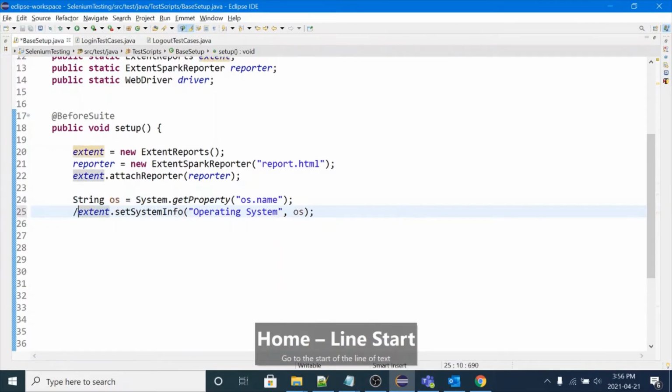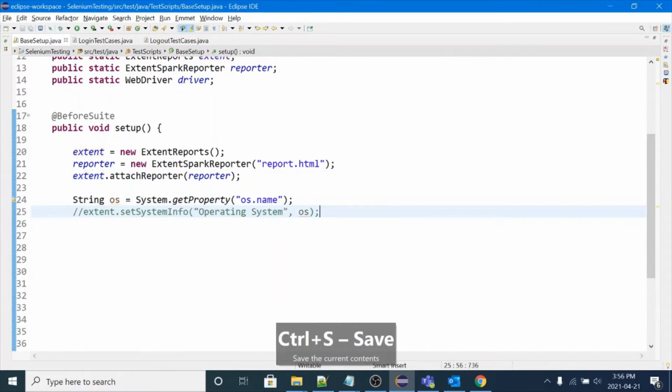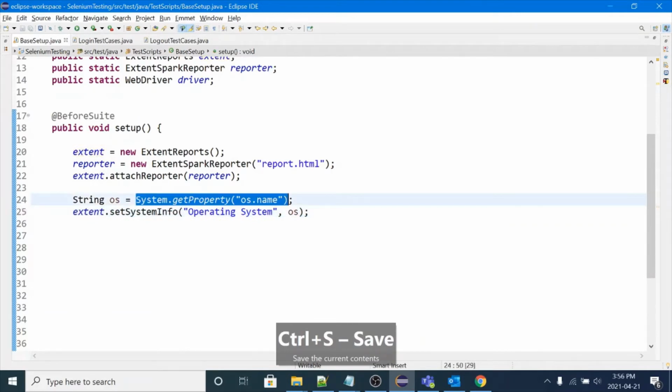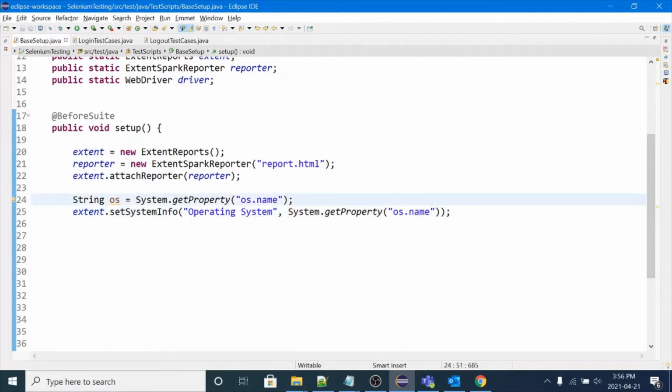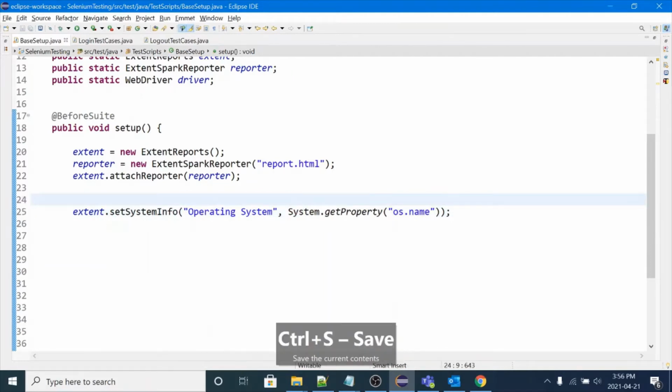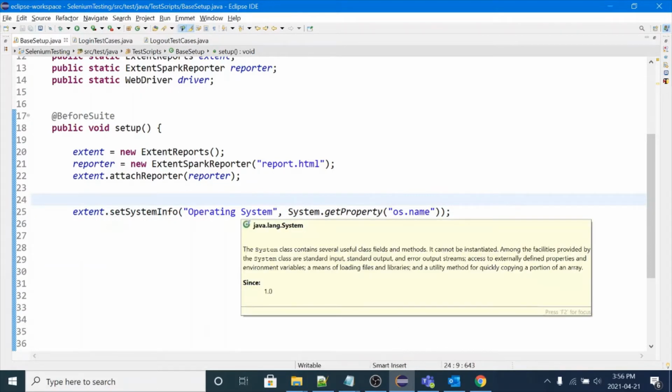Or you can directly write this whole statement in this second value. Okay, both ways you can write the code. Now this code will read the operating system name dynamically at runtime, and it will put it in your extent report.